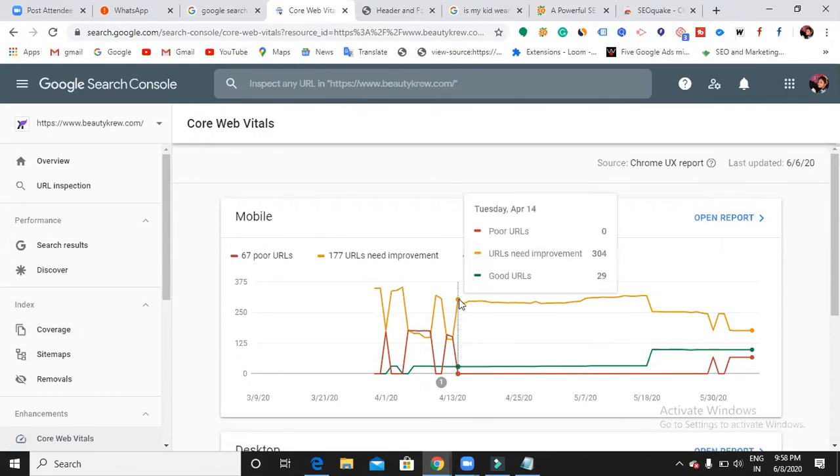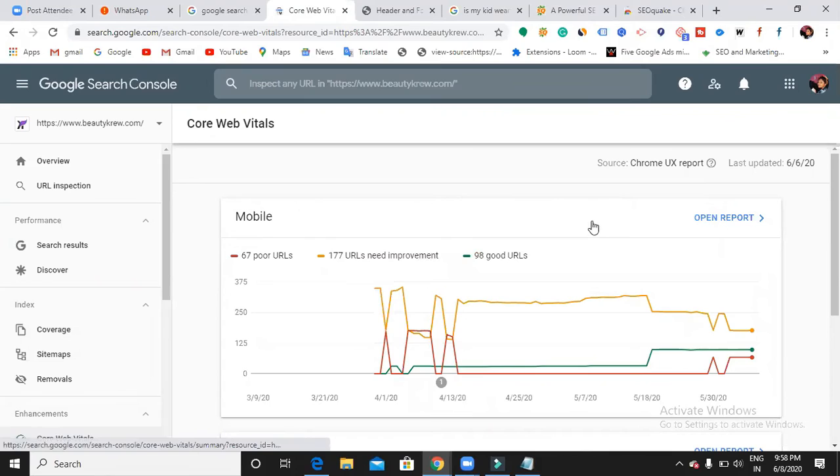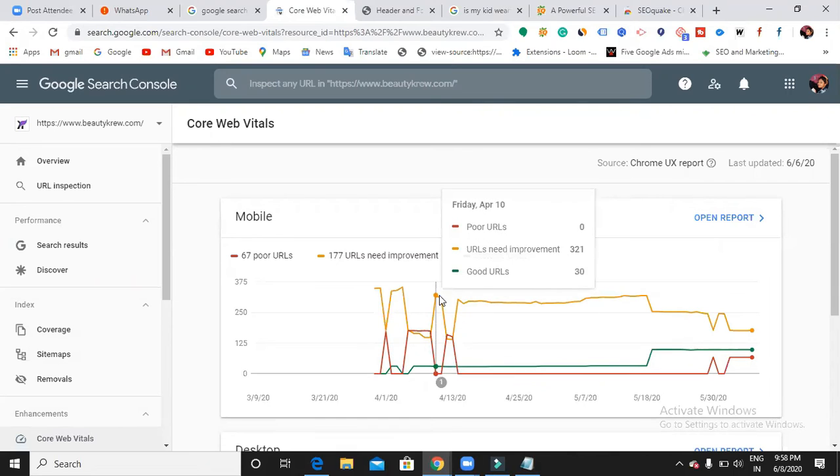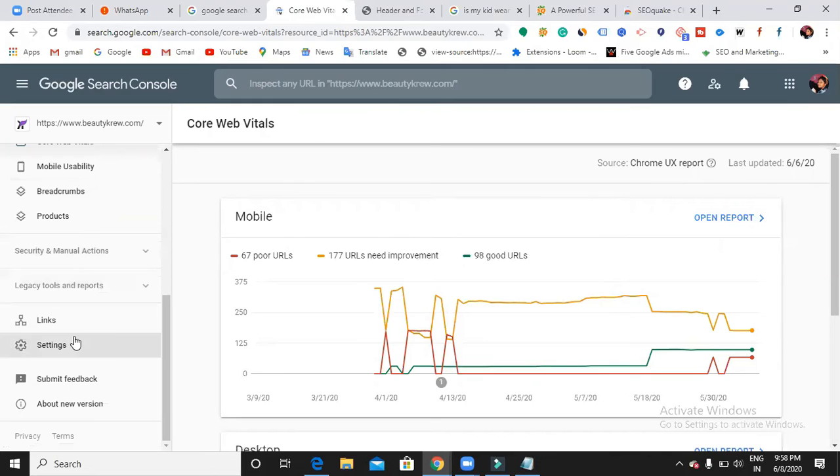That means those 171 URLs are not mobile friendly and you just need to improve them, and it also shows you the 98 good URLs. If you want to see the full report, you can see which URLs need improvement and which are my good URLs. You can do all these things with this.